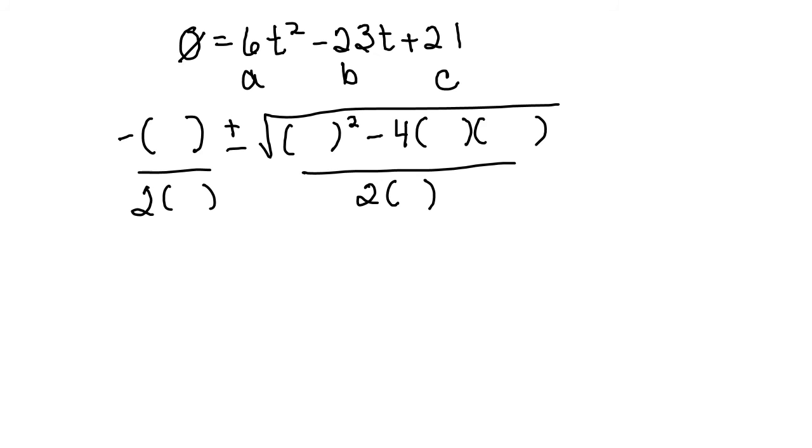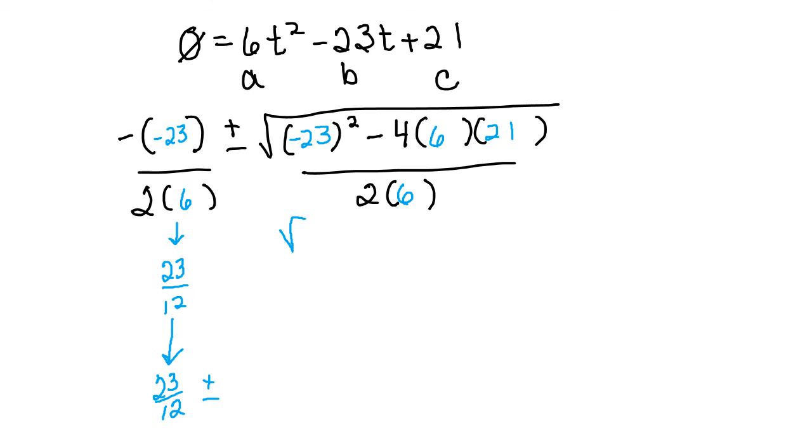I've got the quadratic formula up here, so I'm just going to plug the numbers in. And what do we have? We had negative 23 and negative 23 and the 21. Okay, let's move on from there. So this gave me a 23 over 12. And I can't reduce that, so I'm just going to bring it down here. Okay, now I'm going to do the radical here, and this was 529